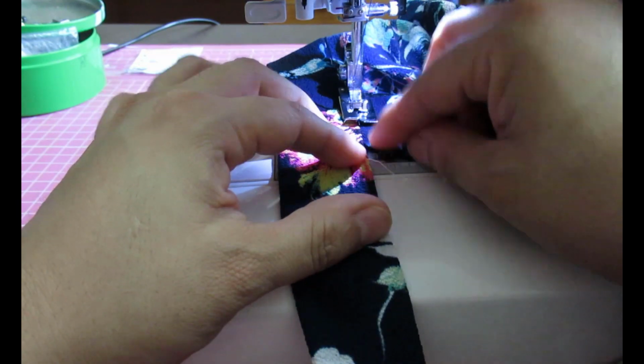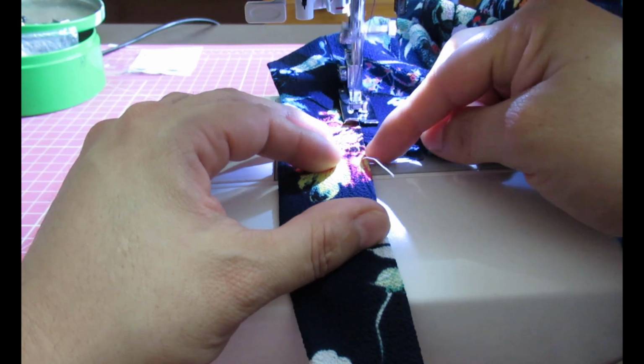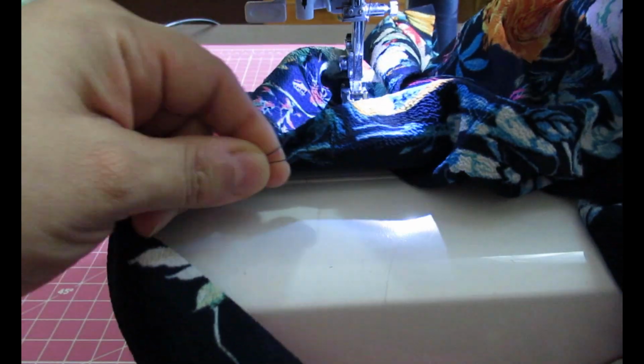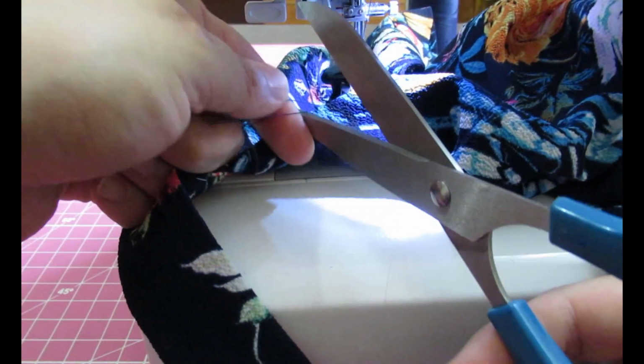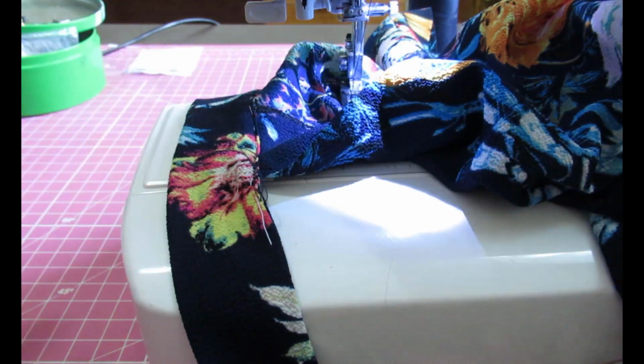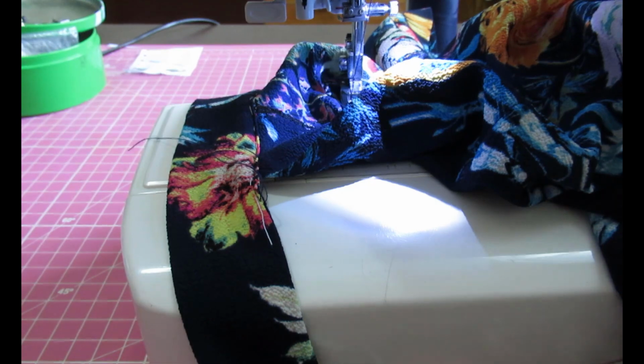And that's the end right there, that's the V, and I'm going to sew about 3/8 of an inch further. And I leave long threads. I don't like to backtack. I'll just secure that invisibly by pulling a thread to the other side and doing a little knot. And that's it. Remove the basting stitches, and that's...